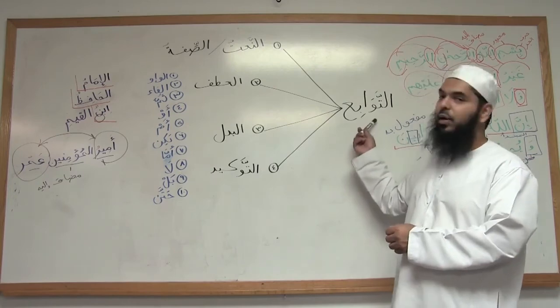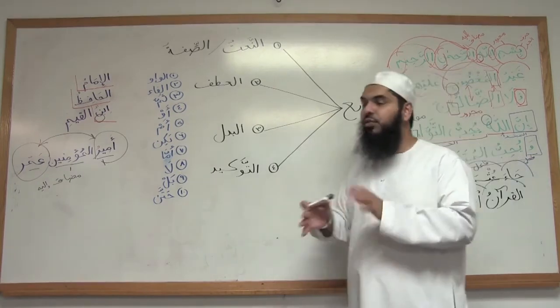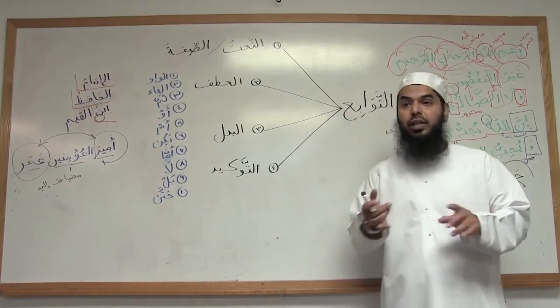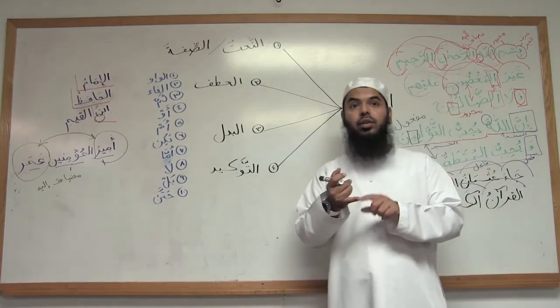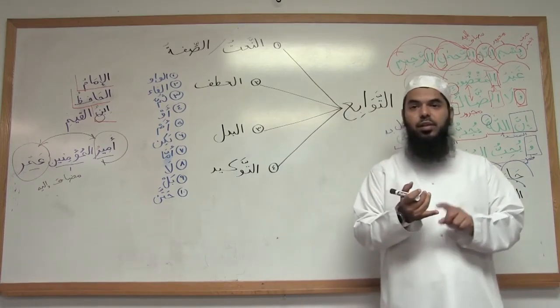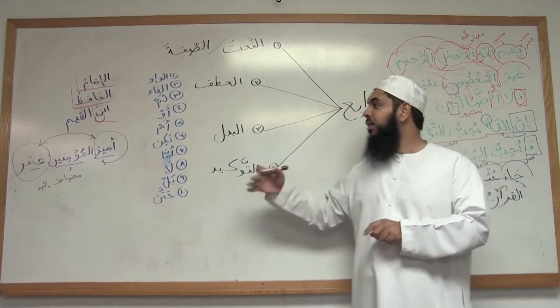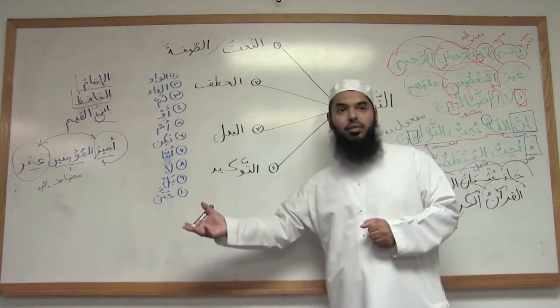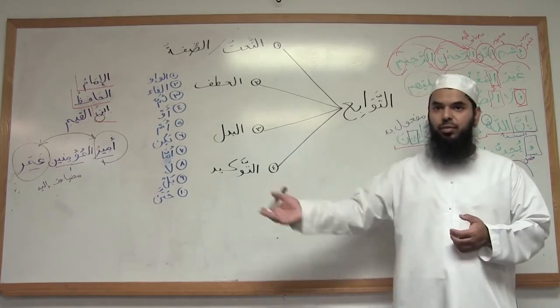So, all of these are tawabi', they are following. They will follow in general, and we'll talk about exceptions later inshallah. They will follow the i'rab, they will follow the gender. So if one is mudhakkar, the other is going to be mudhakkar. If one is muannath, the other is going to be muannath. And they will follow the ma'rifa and nakira. If one is ma'rifa, the other is going to have to be ma'rifa. One is nakira, the other is going to have to be nakira.